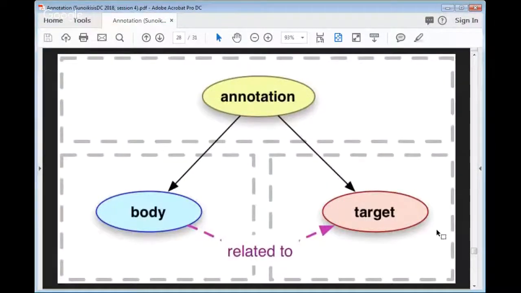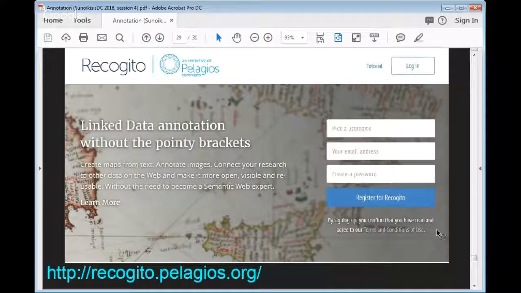So it's a very simple format, and we'll maybe talk a bit later about some of the issues around how simple a format this is, and whether that's too simple, or whether attempting to make it more complex and adding more disambiguation in that relationship information would make it unusable, because it would no longer be a standard that everybody could use. So that's some conversation we'll have, and we'll talk about that in particular because this annotation format has been used by the Pelagios project, which we've talked about before, and we'll talk about again.